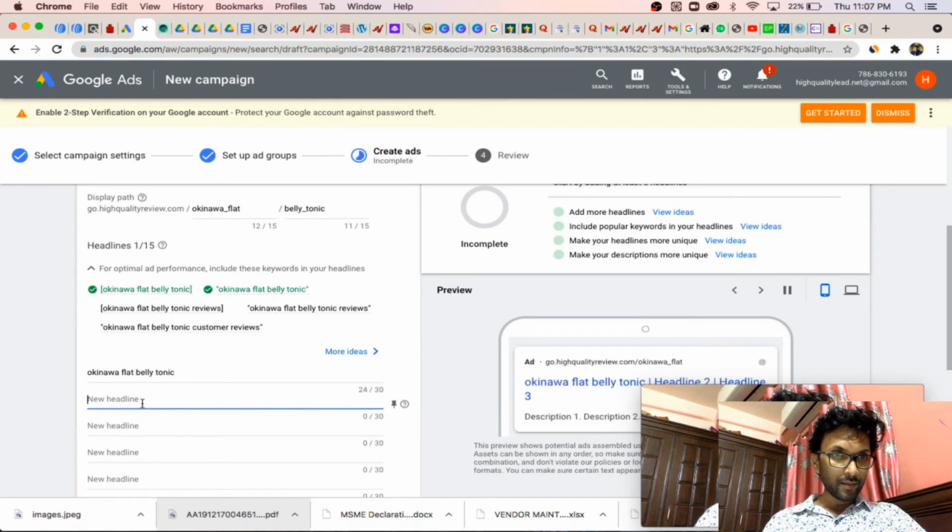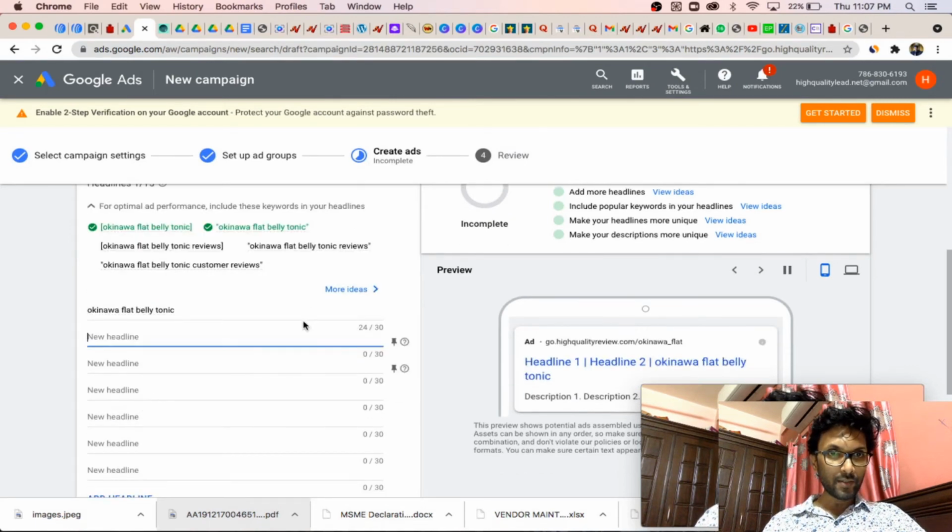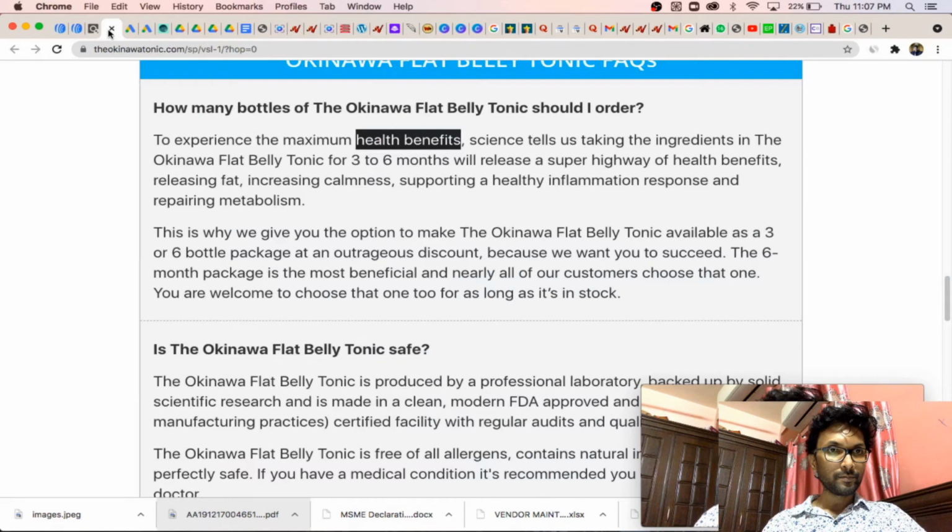And you can use some other keywords like health benefits. You put related keywords.